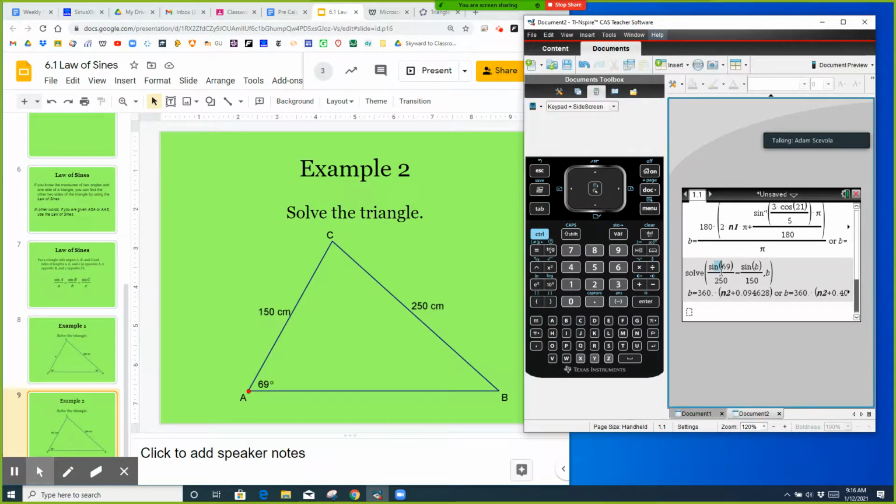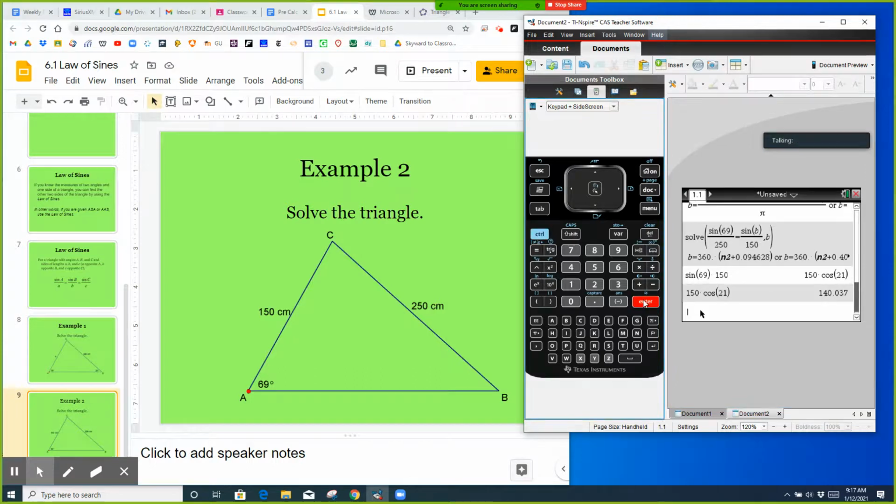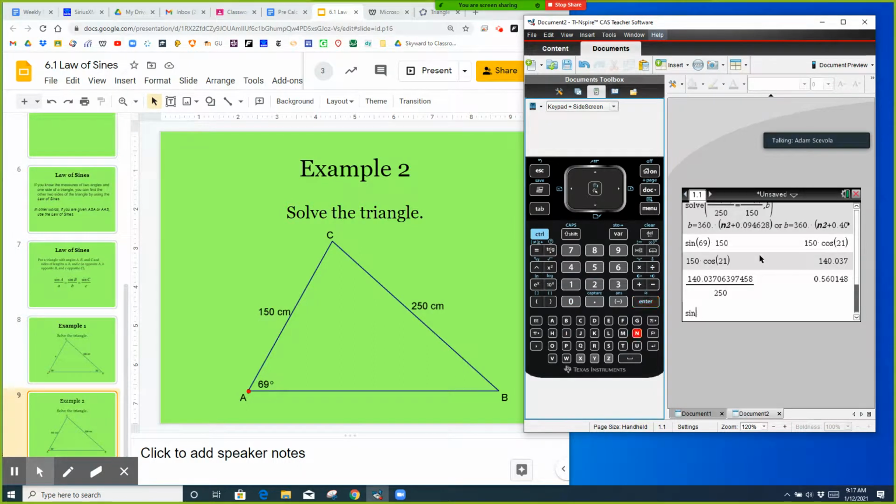How would we do this? We would cross multiply. We would take the sine of 69 and multiply it by 150. That would equal, so if I did the sine of 69 times 150, that would equal 140. We would also set it equal to 250 times the sine of B. So now I'm going to divide by 250, so now I have the sine of B is equal to